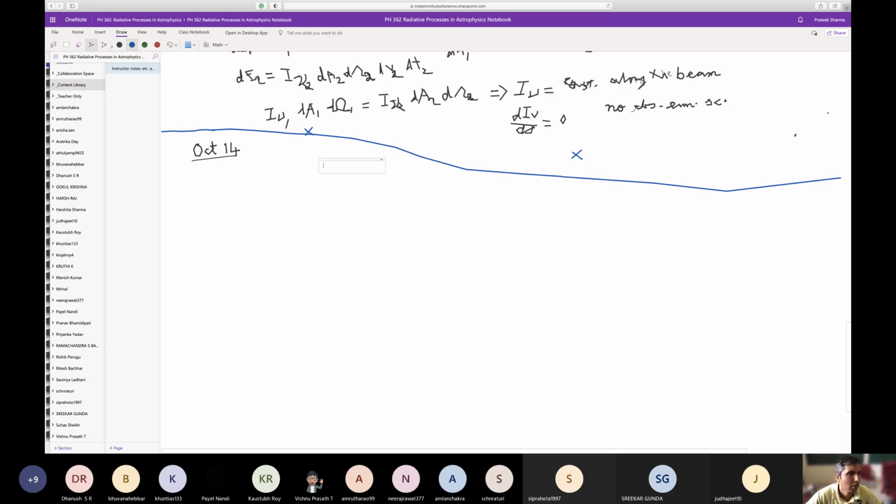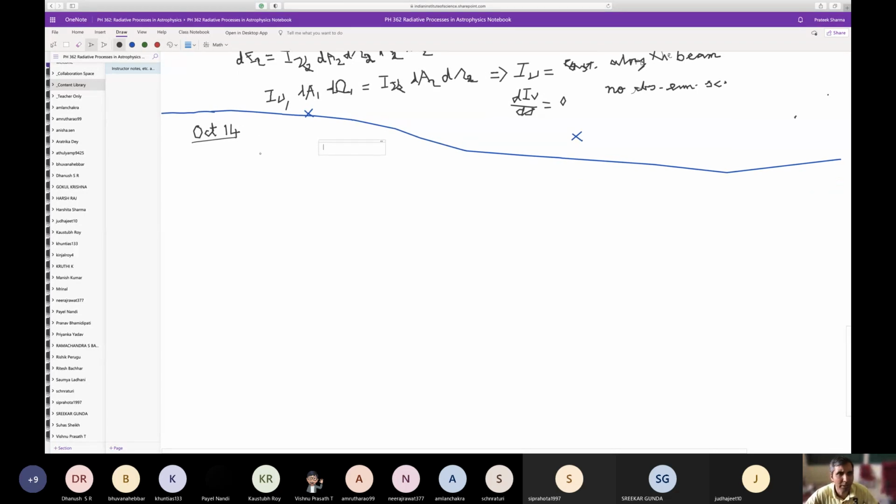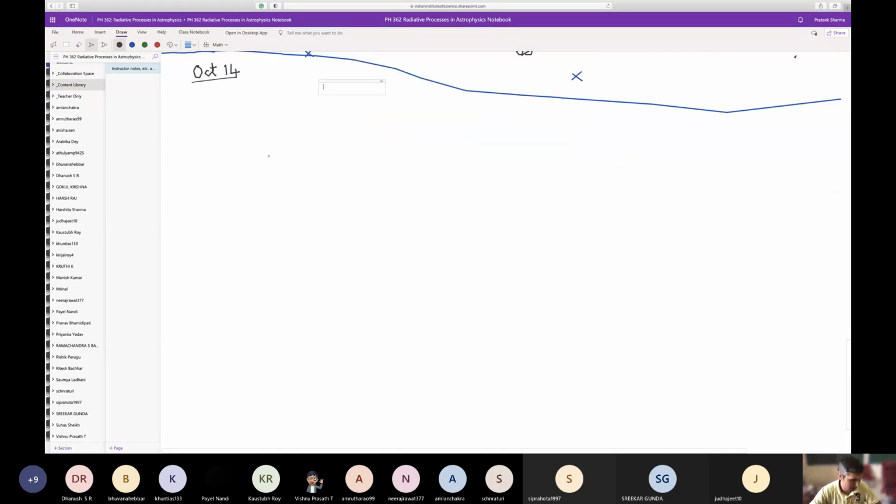Okay, so let's see. So there are three different processes that are important for radiation interacting with matter. First is